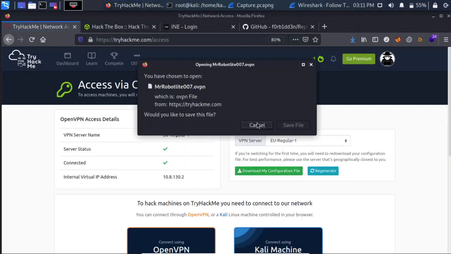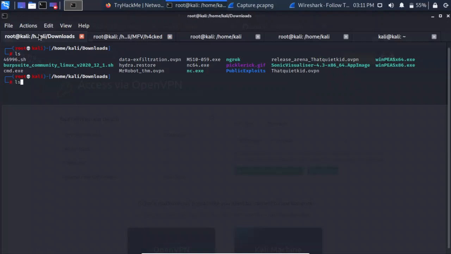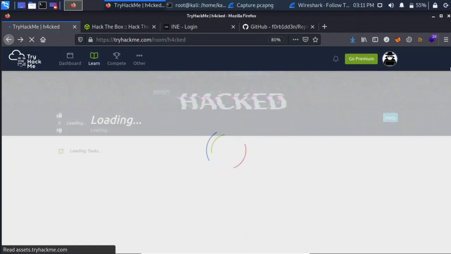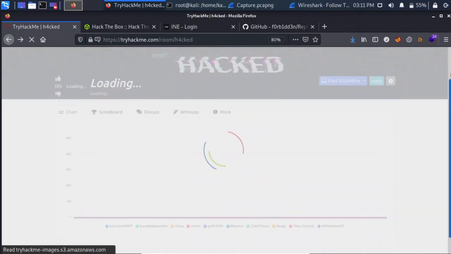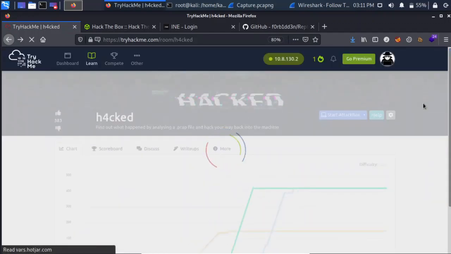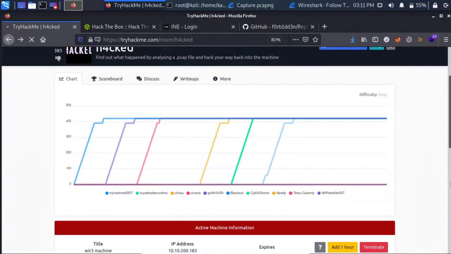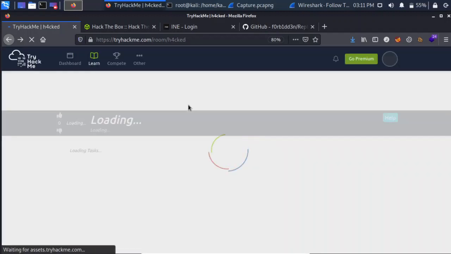I have already downloaded it. Let me show you. Mr. Robot dash thm means tryhackme.ovpn. I have renamed this file, but I downloaded it a long time ago because I have been using TryHackMe for a long time now. So let's try to hack our way back into the machine. Okay, the internet is working a bit slow. Deploy the machine. The attacker has changed the user's password. Can you replicate the attacker's